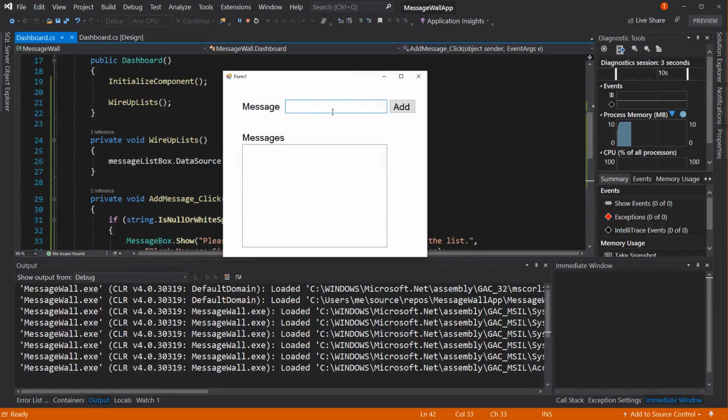So now let's type in test, hit add, and hello world, and hit add, and goodbye, and hit add. Notice how quickly this goes because I'm using my keyboard only, no mouse. So I'm typing my message, I hit tab and then space, and it adds it in,